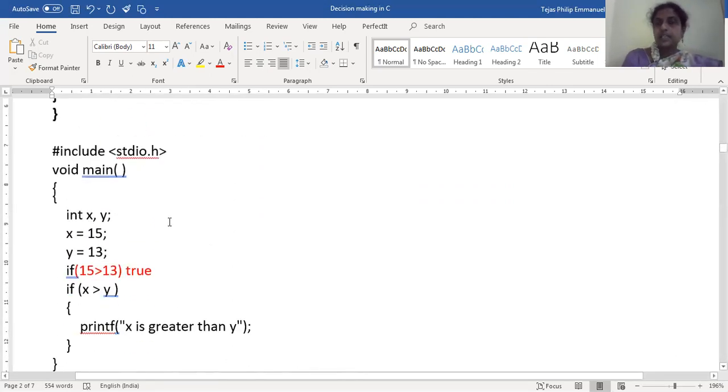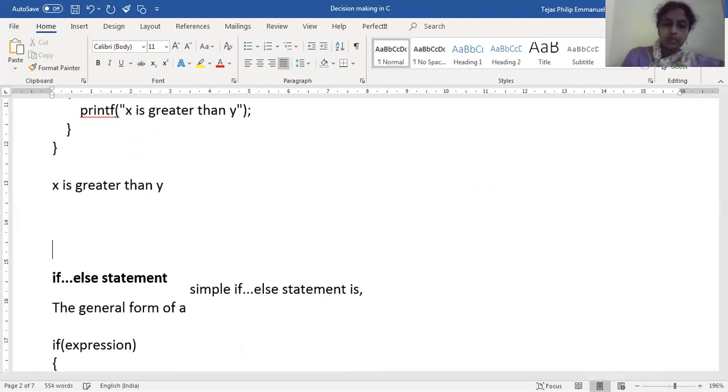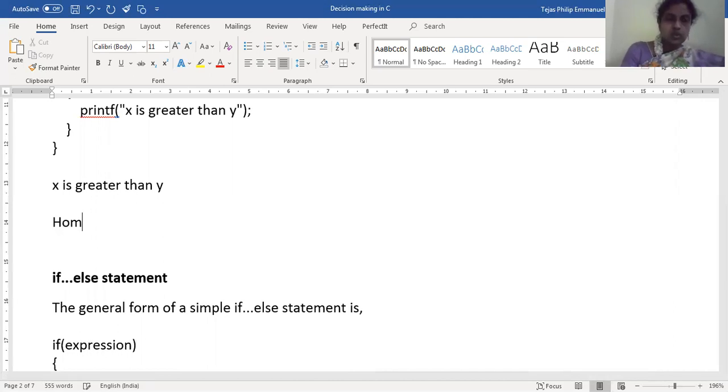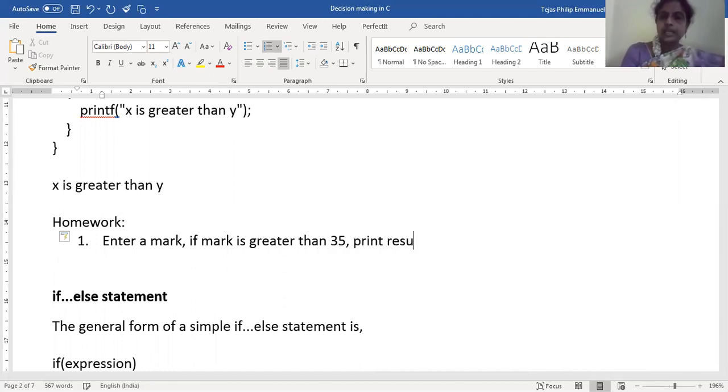Okay. Try understanding this concept and do one homework program on your own. What will your homework program be? Enter a mark, only one mark. If the mark is greater than 35, print result as pass. Try this program. I want you to write the program in the material section in the classroom app